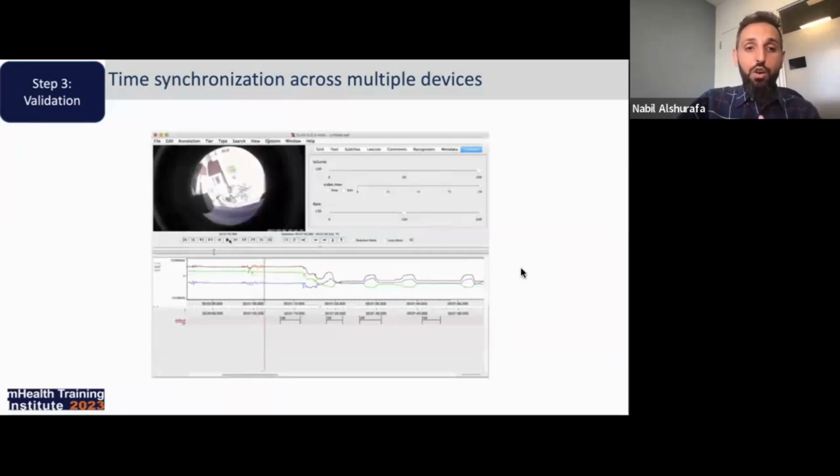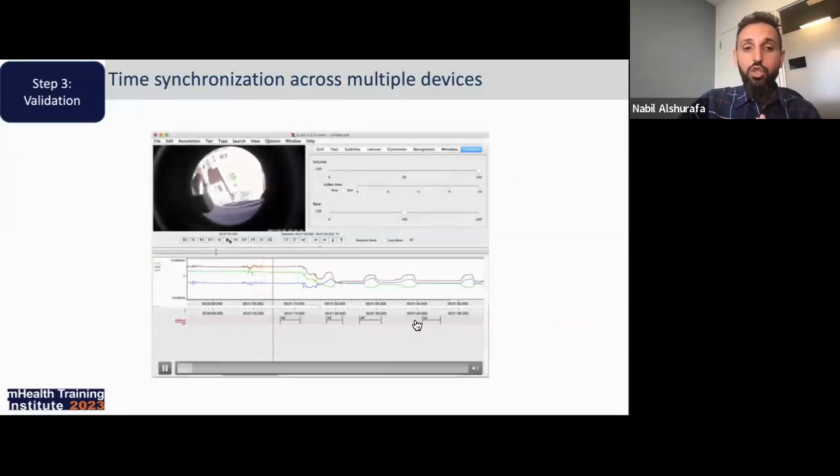Here we have 4 dominant drinking gestures with the dominant hand. And we can see, labeled from the video data, that there's an offset, right? There are 4 drinking episodes here, and this is the wrist accelerometer data.